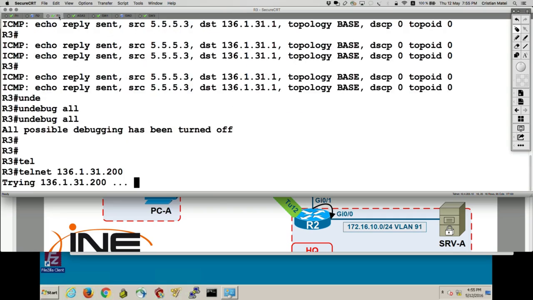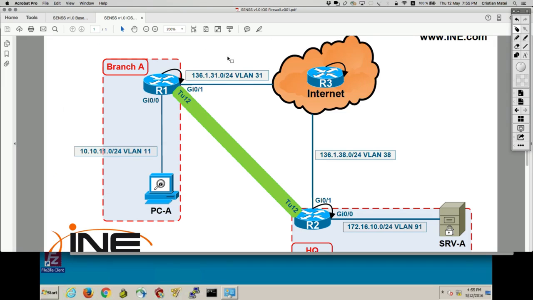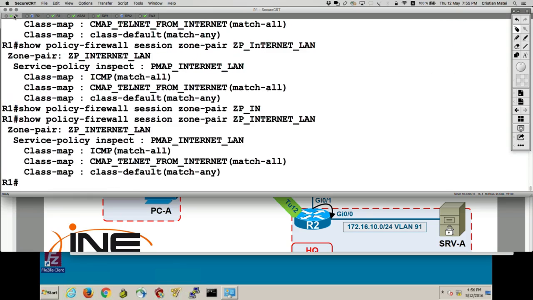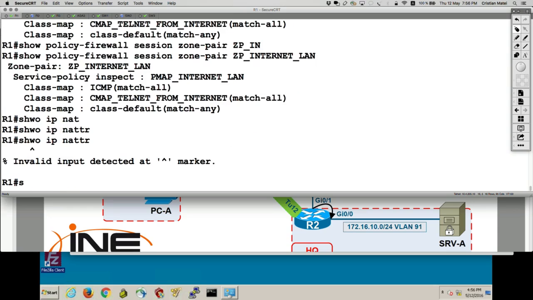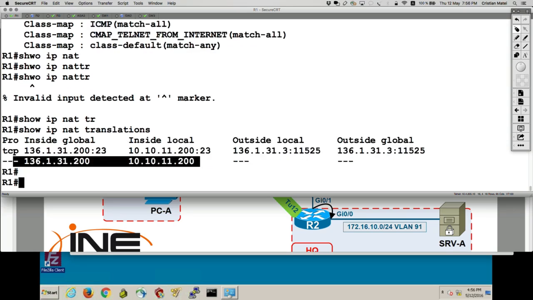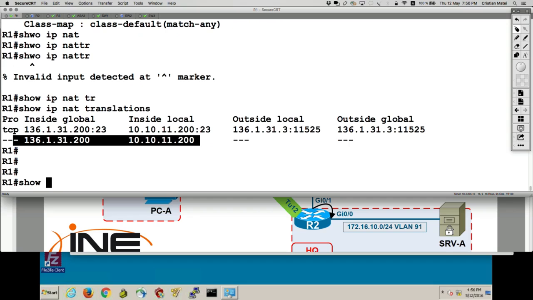Well, it doesn't work. So what we're going to do is check 136.1.1.31.200. Let's make sure that that is the proper NAT address of PCA. Show up in NAT translations. Let's verify the policy again, so let's troubleshoot it. Let's say show policy firewall